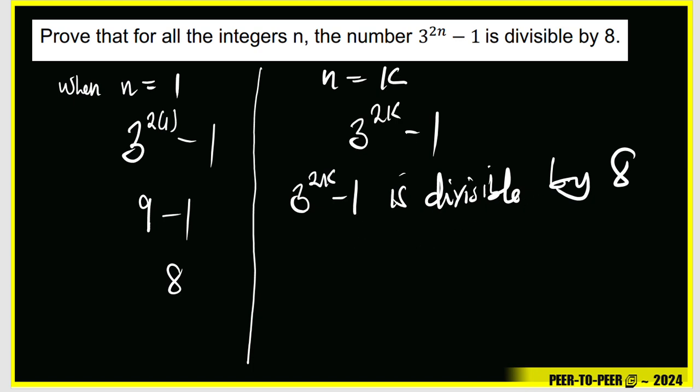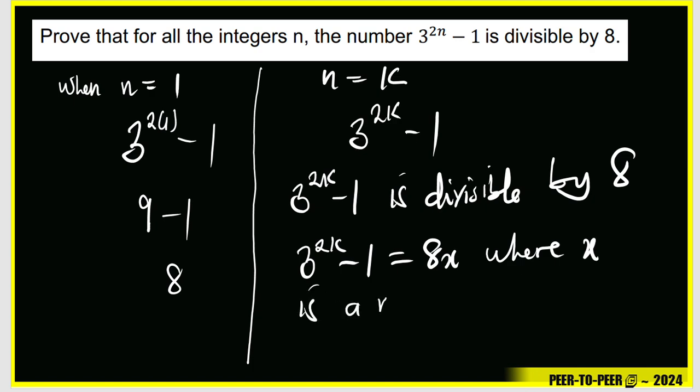But we want to write this one mathematically. I can write this as 3 raised to the power 2k minus 1 is equal to 8x, where x is a natural number. So the statement 3 raised to the power 2k minus 1 is divisible by 8 is what I've translated